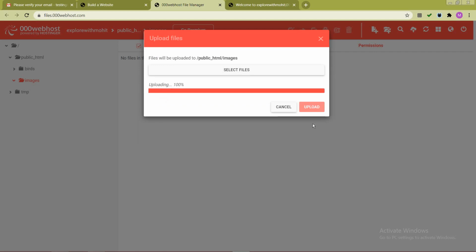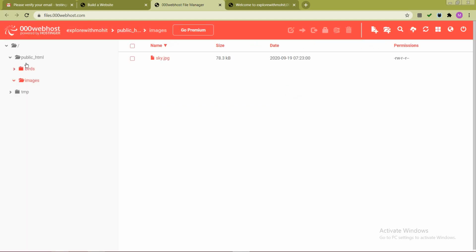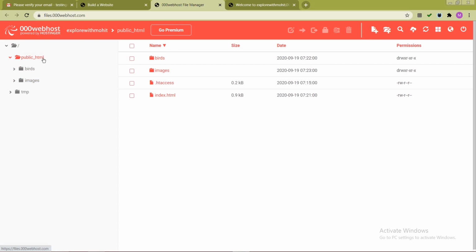Now this is a way how you can upload all your files within the public HTML folder. I have just uploaded index.html, the images folder, and the birds folder. See, there are so many methods to upload your files onto your live server. This is the simplest one. Otherwise, you can use third-party FTPs like Qt FTP, Ace FTP, FileZilla to upload your files. First method is this one. Second method is using third-party applications like FileZilla and all that. And the third one is you can